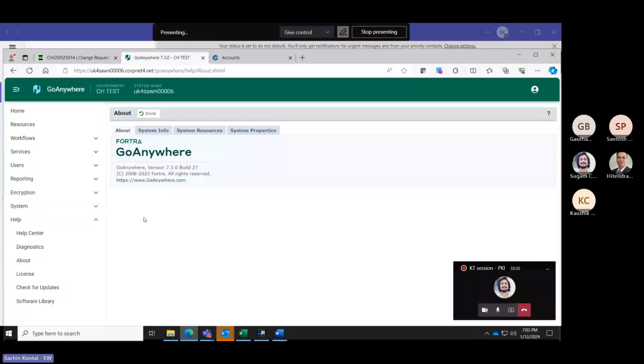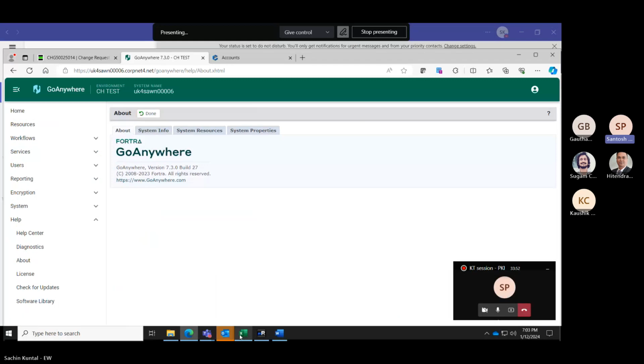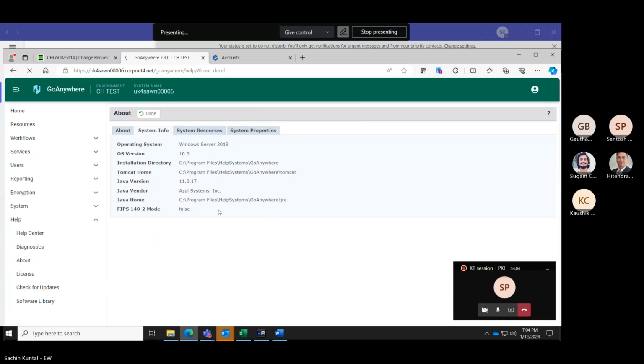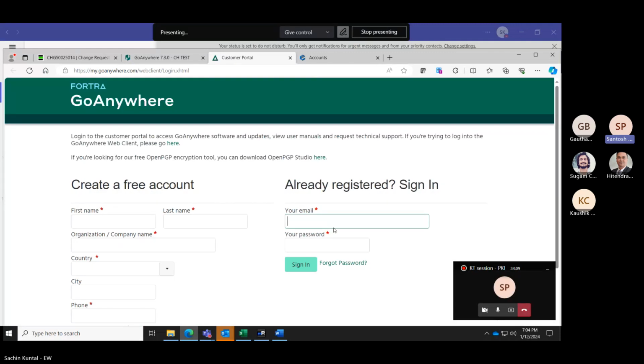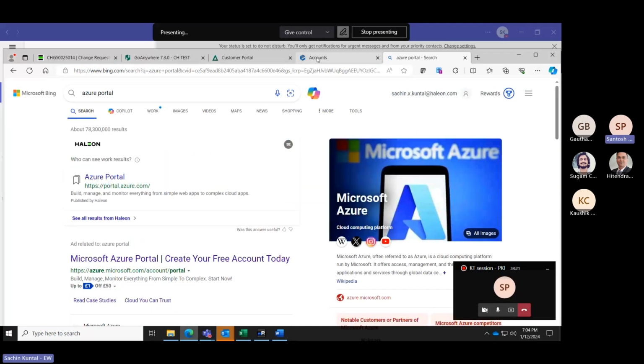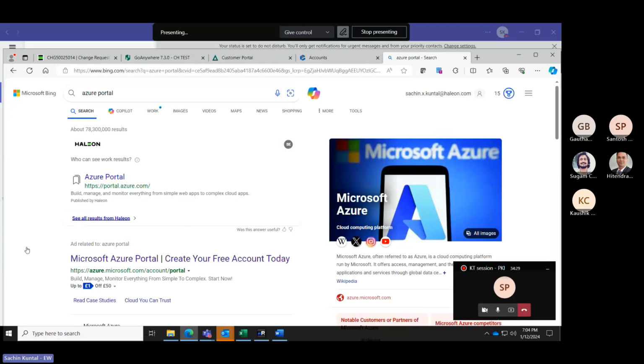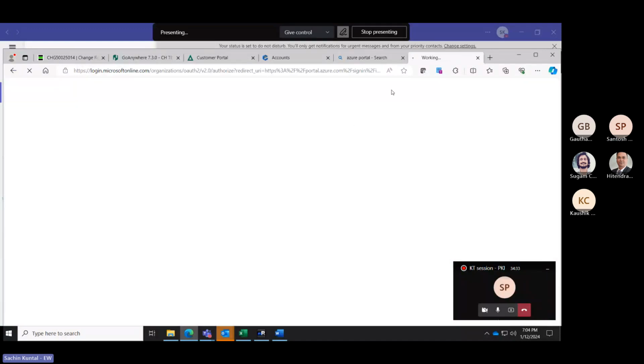And if I go to the vendor support portal, this is the customer portal, or you can say GoAnywhere support portal, from where we can download all the upgrade files, and if you need to reach out to them for support, this is the place for that.